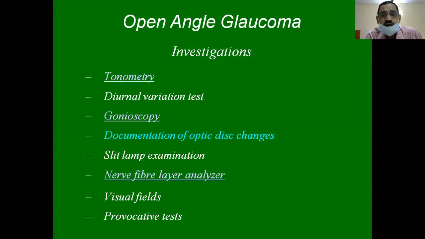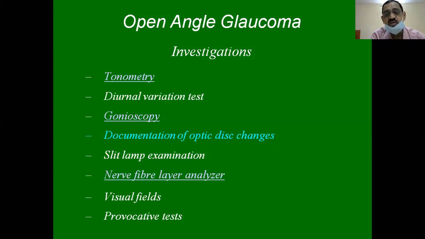And we'll have to know when exactly the IOP is rising or touching the top, so that you can aim your treatment to take effect at that particular time, so that the IOP will be reduced. Gonioscopy is most important. We can do it either with a single mirror gonioscope or a 2-mirror gonioscope or 4-mirror gonioscope or Goldmann 3-mirror gonioscope. And you will have to differentiate whether it's an open angle or an angle closure.